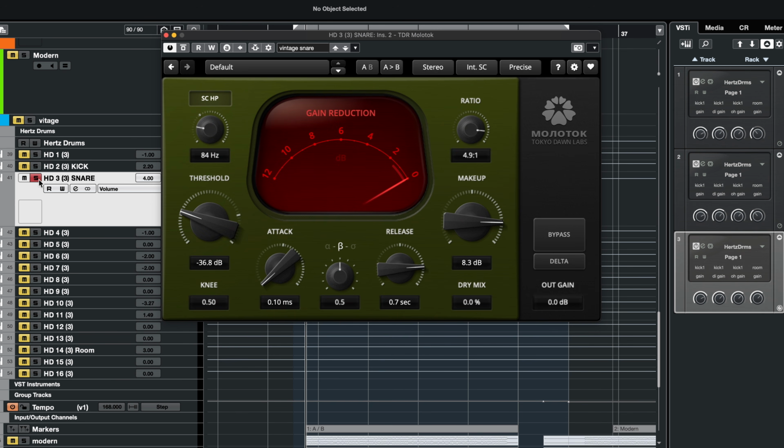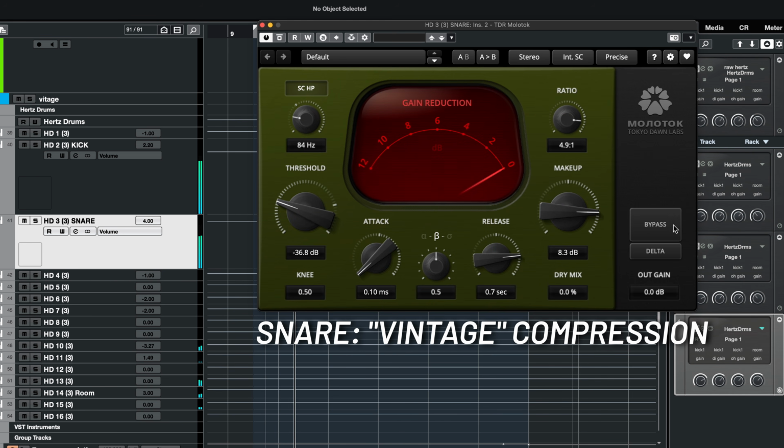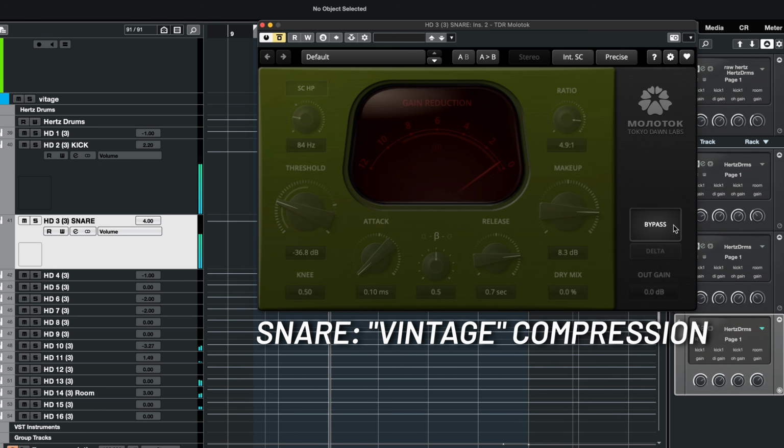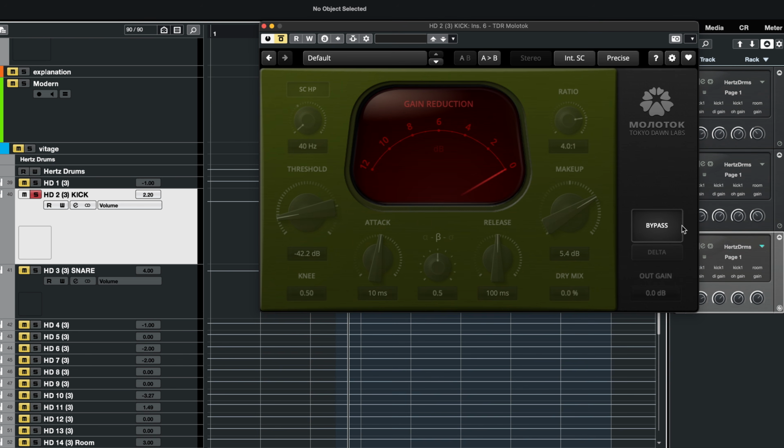Now, in the full drum mix, pay attention to how the snare sound kind of moves to the back of the scene when I enable this fast attack compression on the snare channel. Let's try to achieve a similar effect on the kick, to make the snare and the kick sit in the same plane, so to speak.